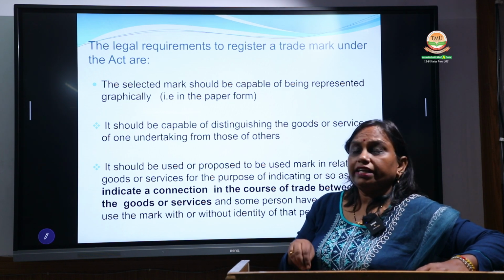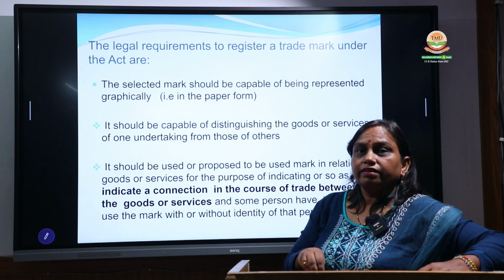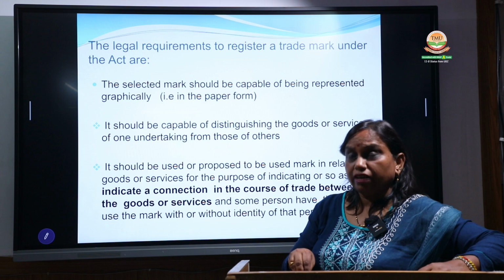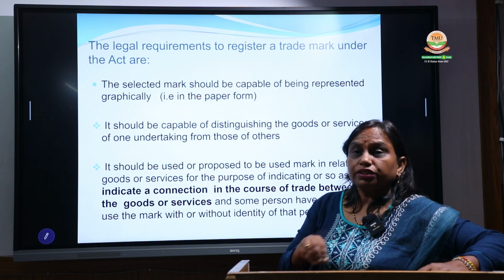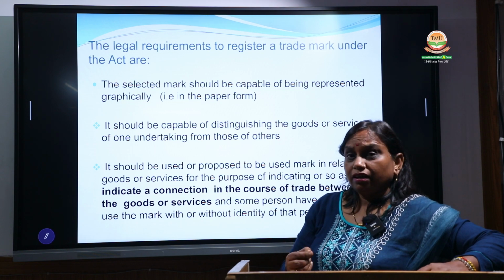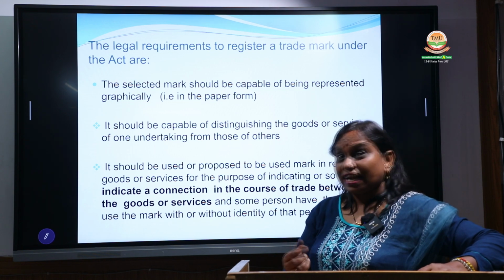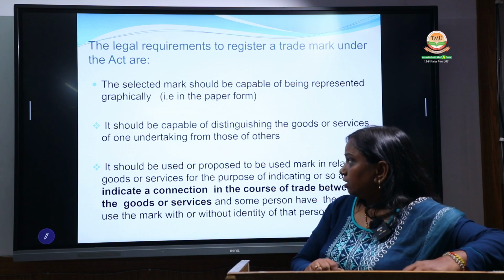It means it must not be similar to any other name or any other brand of the existing product. It must be totally different. It should not resemble, there should not be any slight resemblance also with that of the other goods and